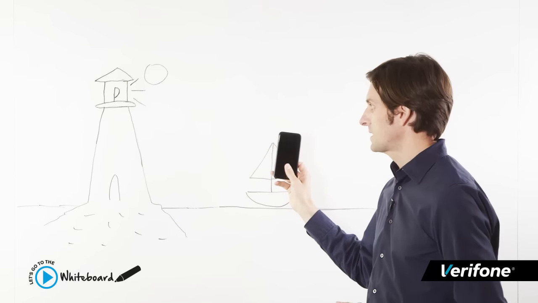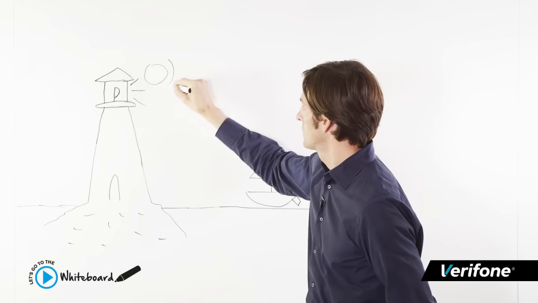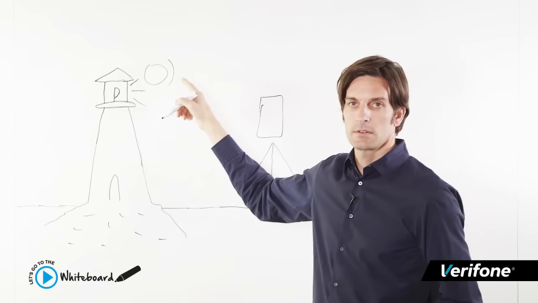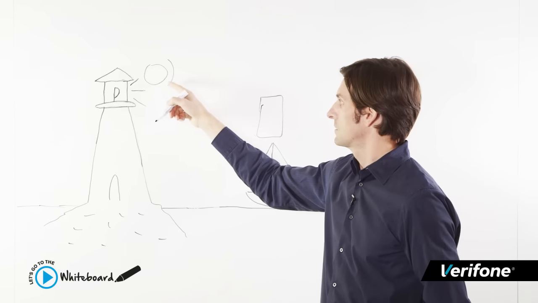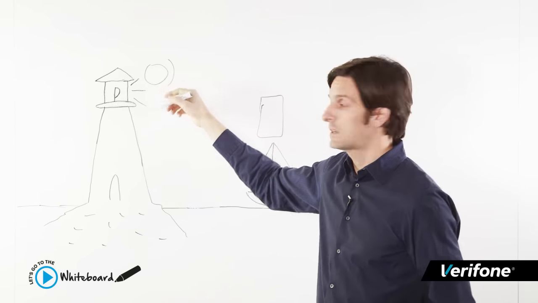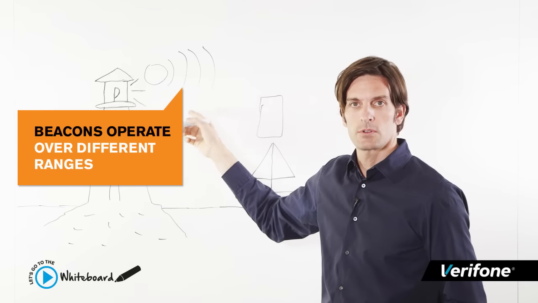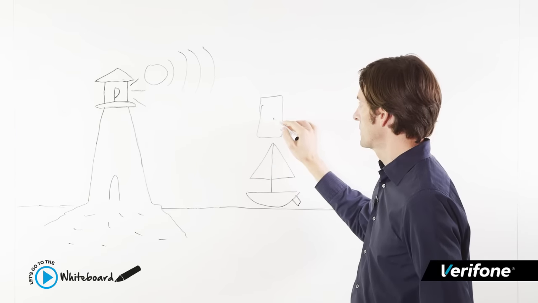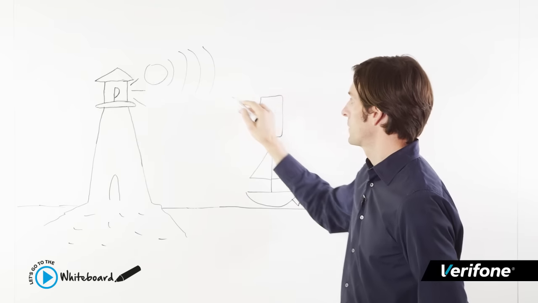The principles are exactly the same though. The beacon emits a signal which is then picked up by your mobile device. This signal is configurable. The range can be set. It can be set to as small as a meter or as high as 450 meters if you're using a high-powered beacon device. Once your mobile device that has an application that you've opted in for comes within range of